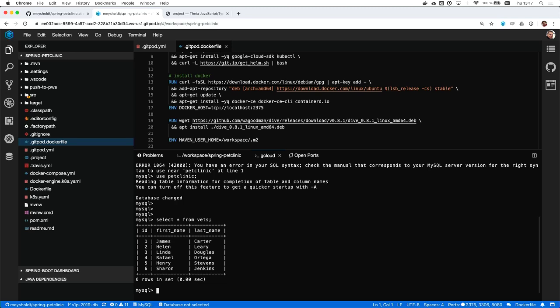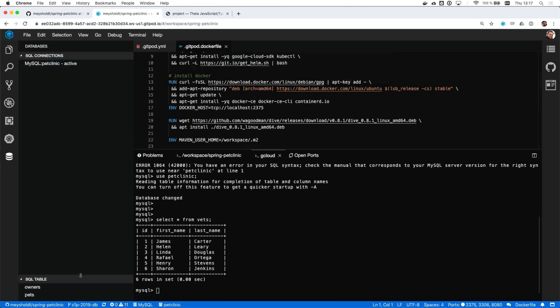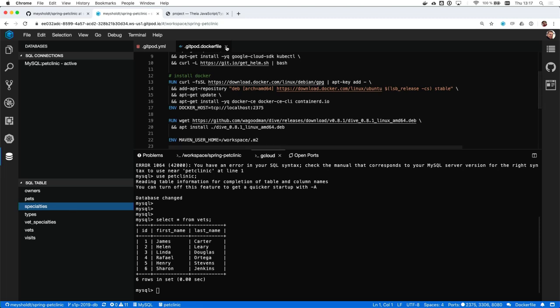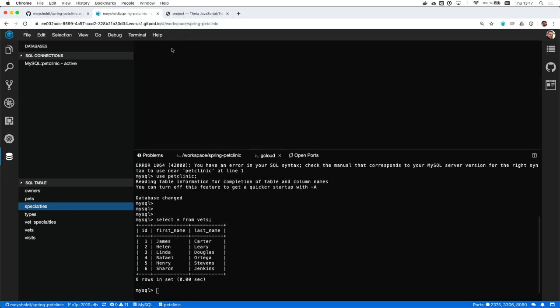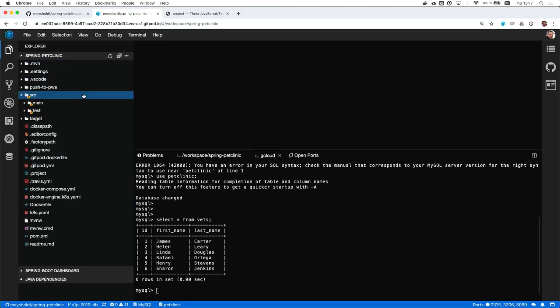I can have full access to the MySQL, and I can also use the VS Code extension. I need to select the database here to browse the MySQL database that is running in my workspace. Right. So that's just a short intro to the environment. But let's go to